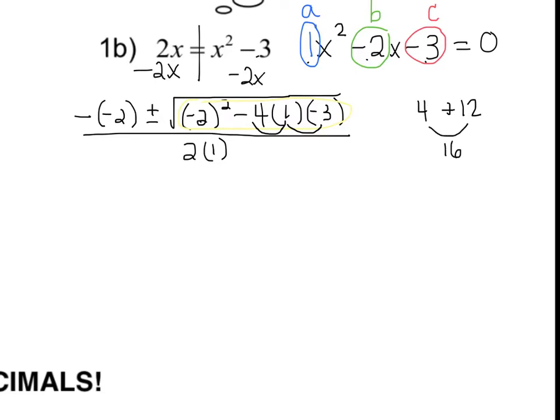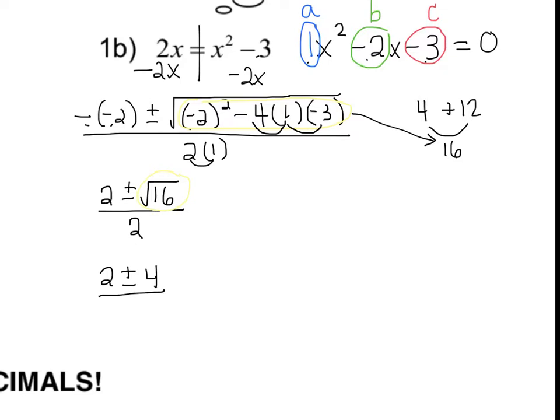So everything else I'm going to recopy. -(-2) is +2, plus or minus the square root of, and now we know all of that underneath equals 16. And we're going to divide it by 2 times 1, which is 2. So next we're going to simplify the square root of 16. So this is going to be 2 plus or minus 4, because the square root of 16 is 4, divided